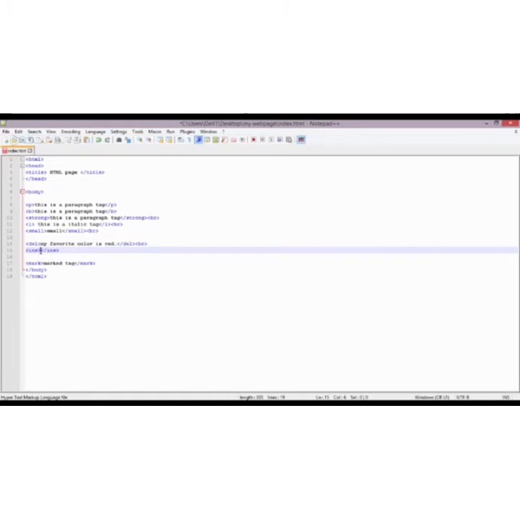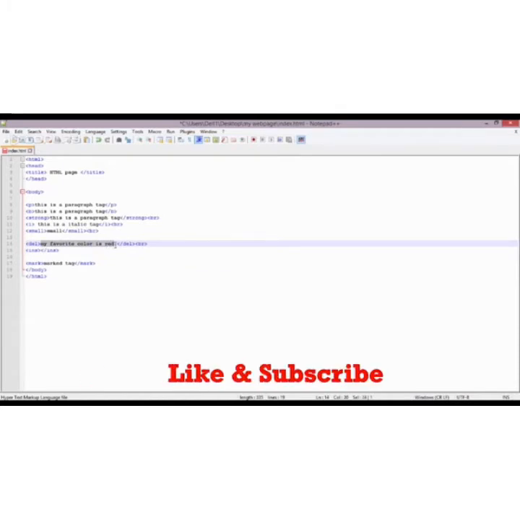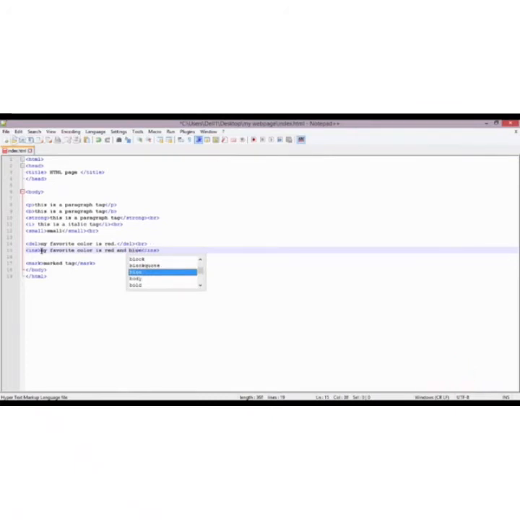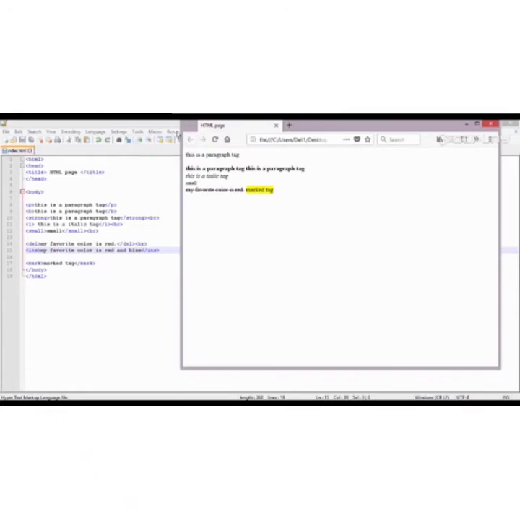For example, we want to add my favorite color is red and blue. Saving the changes, and this my favorite color is red and blue. This is the insert tag, and by default it appears underlined.